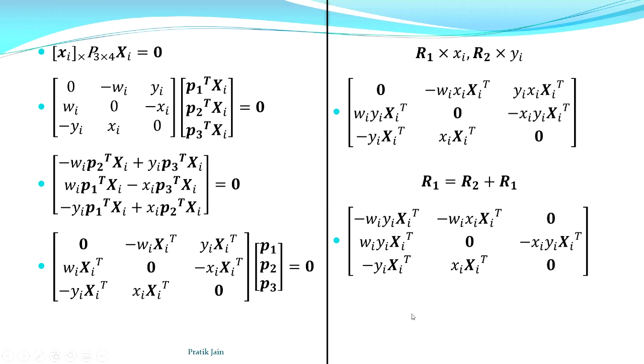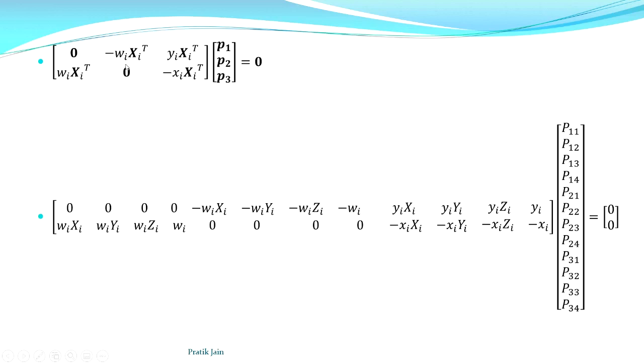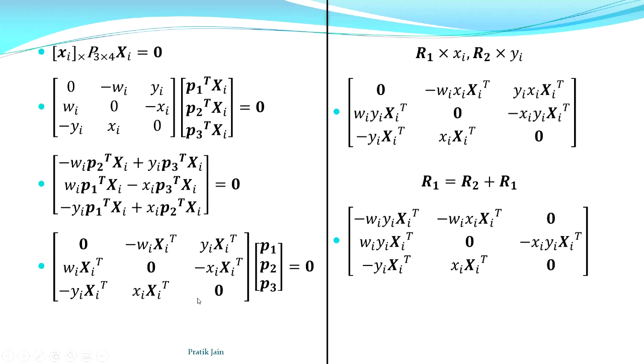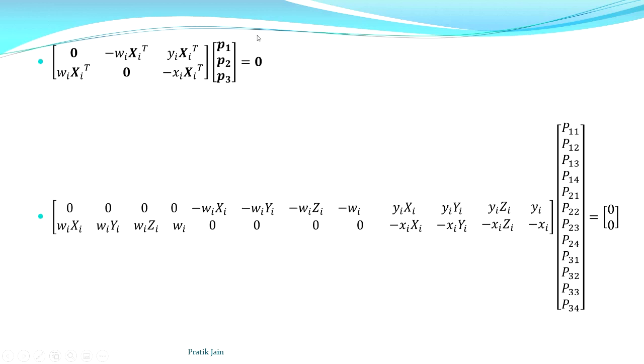So you can see by this explanation, the third row comes out to be linearly dependent on the first two rows. Because of that, we can just remove the third row and we are left with only the first two rows. Since this was linearly dependent, it is not giving any new information. All the information is just in the first two rows. So we can just take these two rows and scratch out this row. Okay, so we are left with this thing.